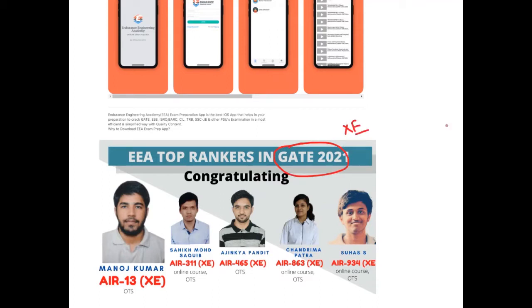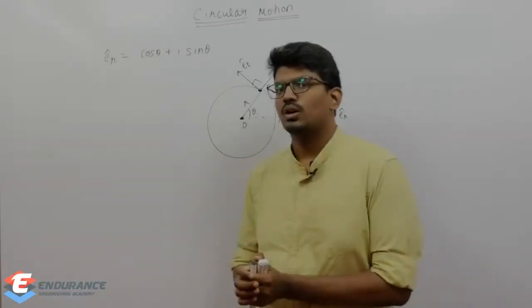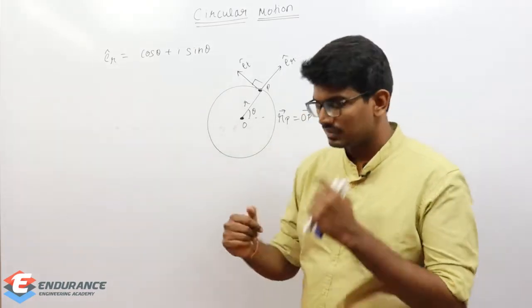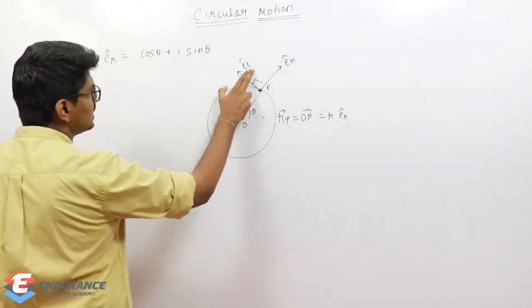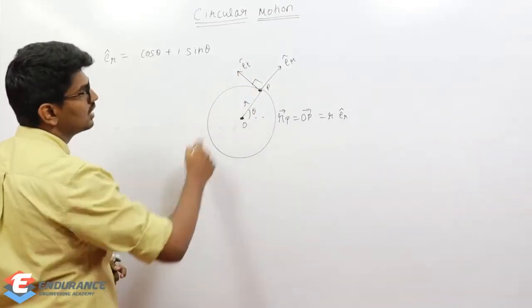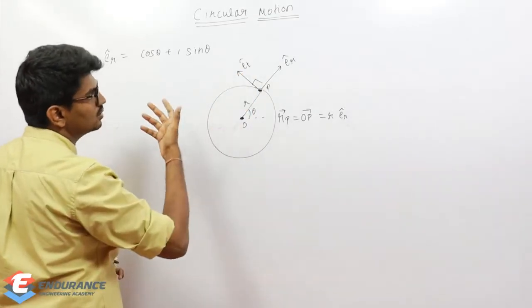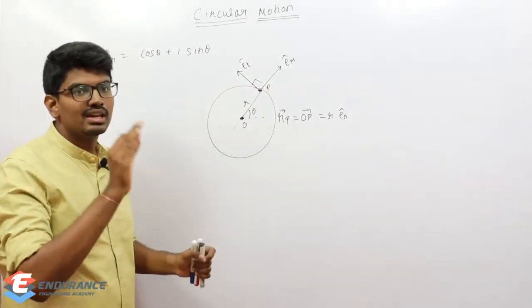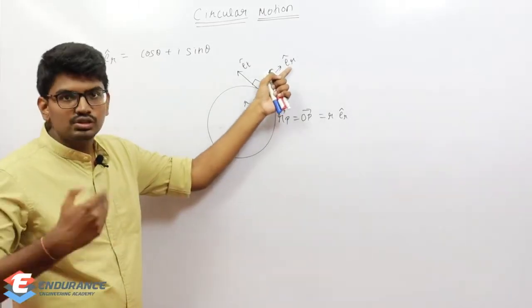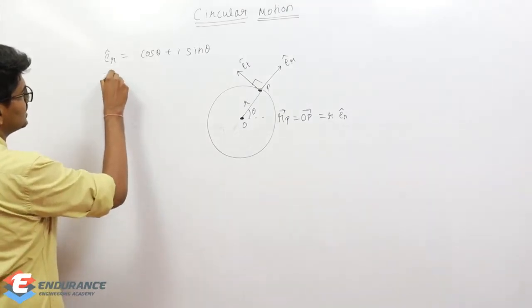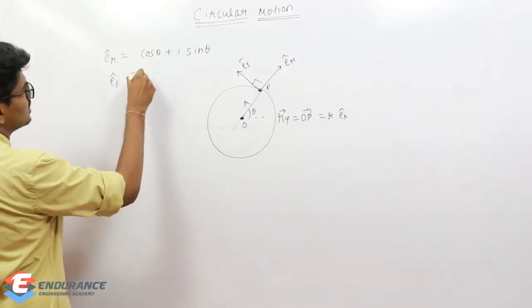This video is taken from the online video course of Entrance Engineering Academy. So we got until this point, right? ER cap is equal to cos theta plus i sin theta. Now we know that ET is perpendicular to ER cap. So if I want to find ET cap, what do I need to do? If it is perpendicular and also present in the anticlockwise direction, then simply multiply iota with this ER cap so that I can find ET cap. So ET cap, that is the tangential direction unit vector, is simply i into